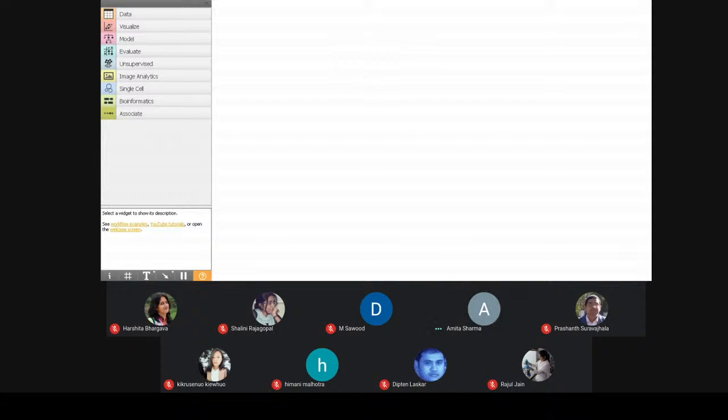Okay. So in file, we have general options. In edit, we have cut, copy, paste options. In view, we have zoom in and zoom out options. Then we have widgets, which you can see over here. These are all widgets. Then we have options. By using these options, you can simply add and remove the widgets available for your Orange platform. And then in help, we have various kinds of help. You have video tutorials as well as already built-in workflows in Orange, which you can easily adapt and work with for your particular case study.